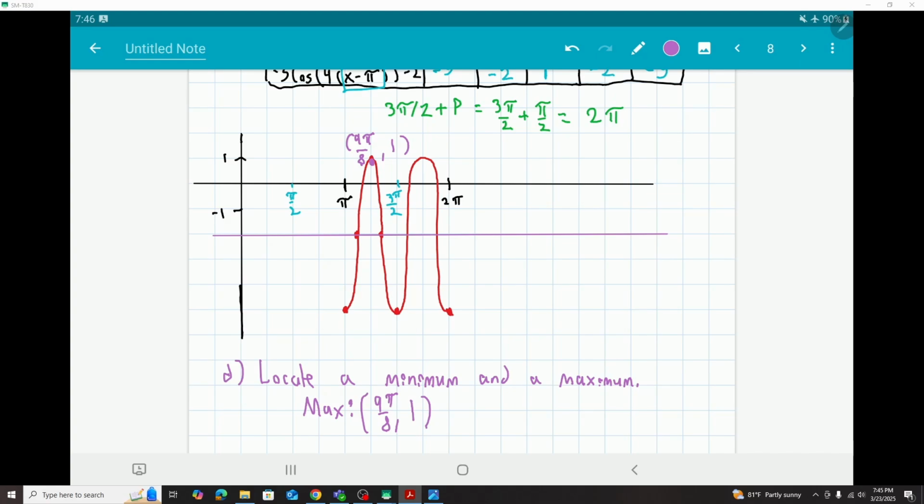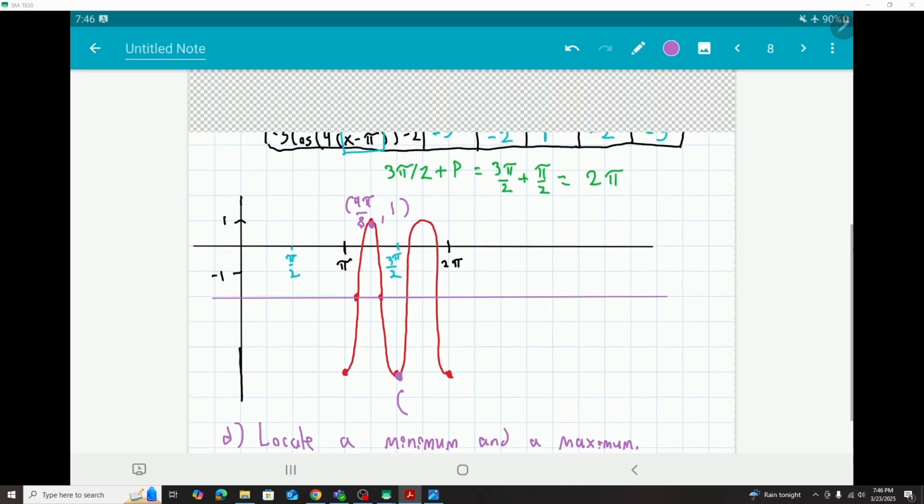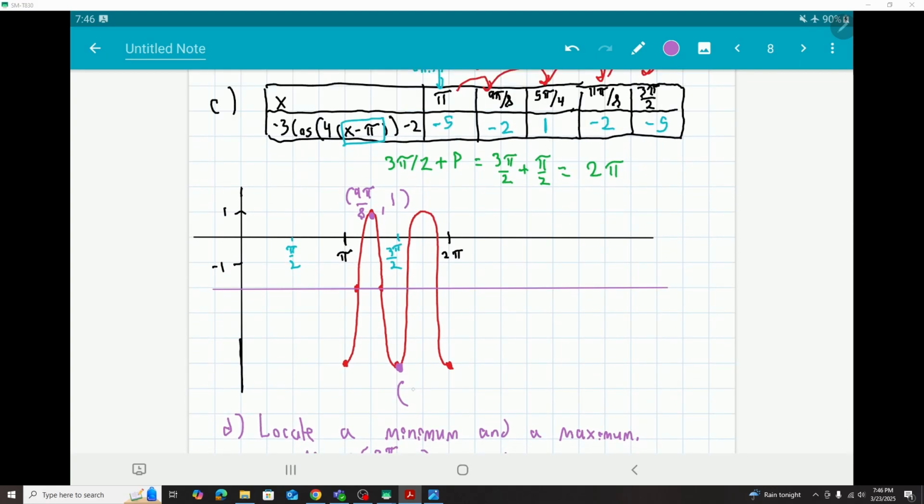I want the whole point if I say this. If I say maximum value, I just want the y value. But if I say find a maximum on the graph or label a maximum on the graph, I want the whole point. And so similarly, a minimum is, this one we found over here, the 5 pi over 4, comma,